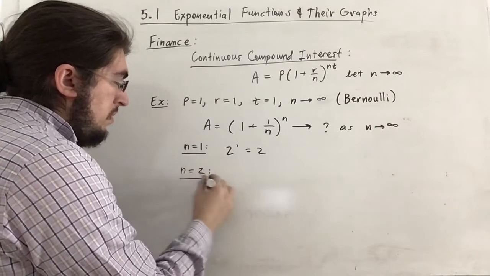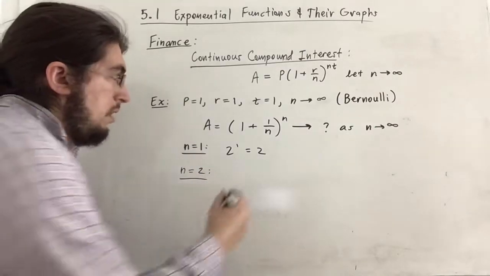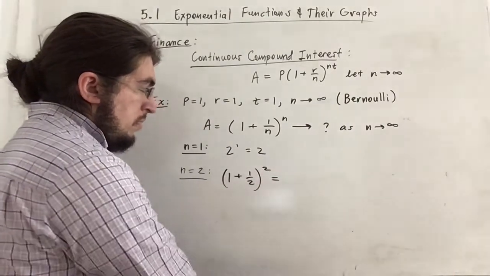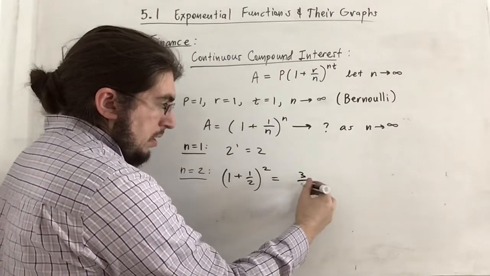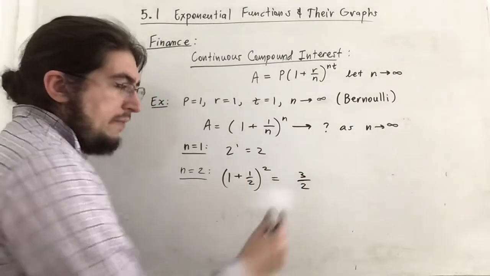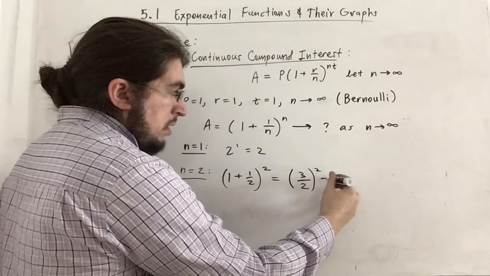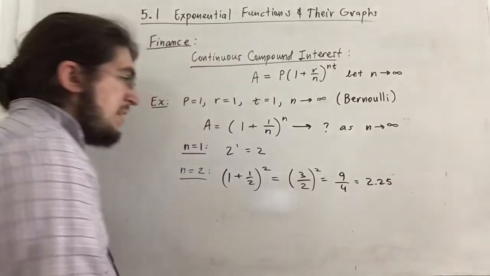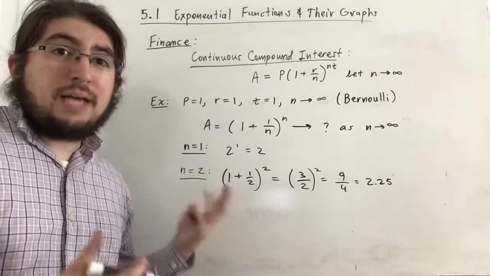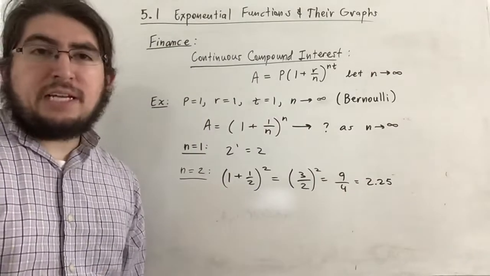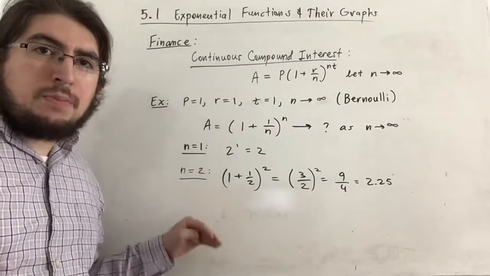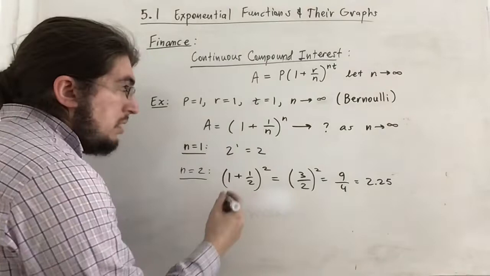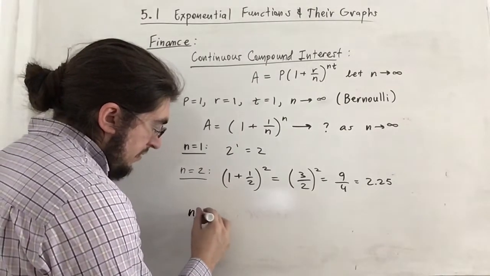2? If n is 2, well, then it's 1 plus 1 over 2, to the 2. And this we can actually do on the board here. 1 plus 1/2 is 3/2. To the 2 is 9/4, which is actually 2.25. So notice we're compounding it twice as often, but we only gain 25 cents out of doing this. So you can actually try experimenting and plugging different values of n, but I'm just going to tell you what the result is. So actually, as n approaches infinity,